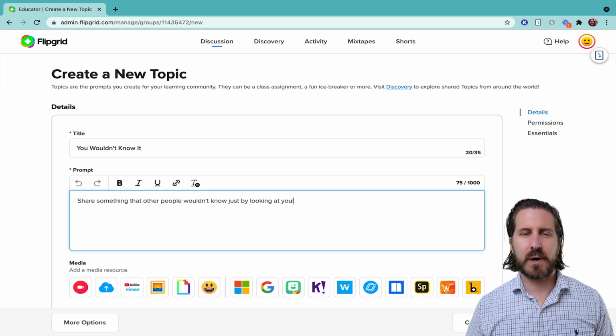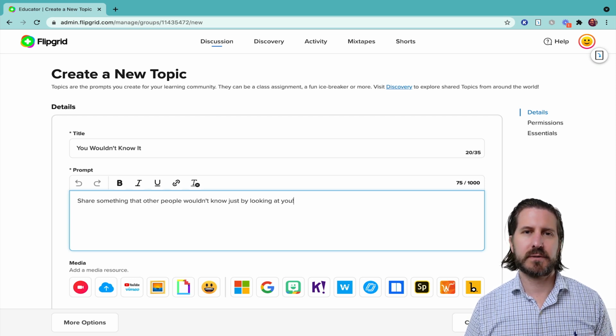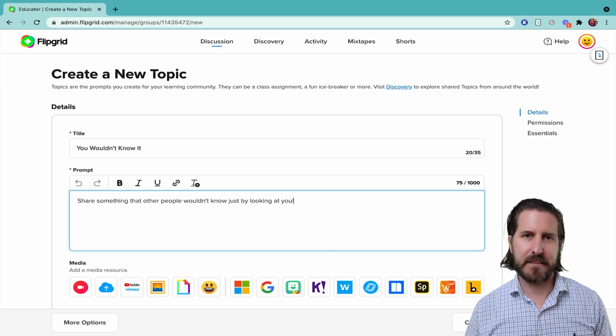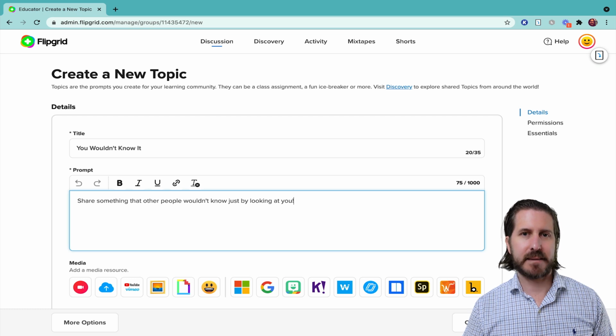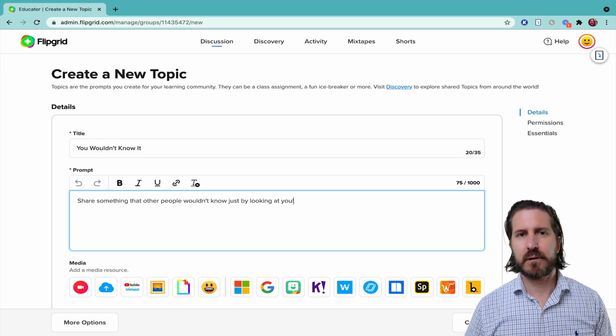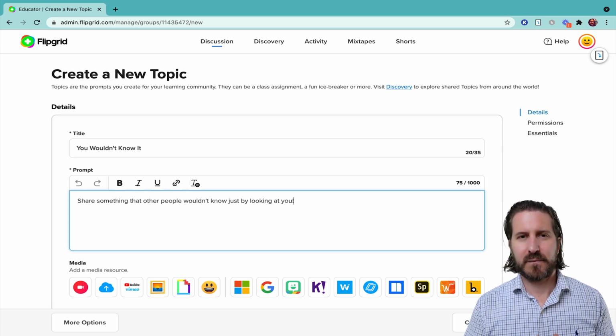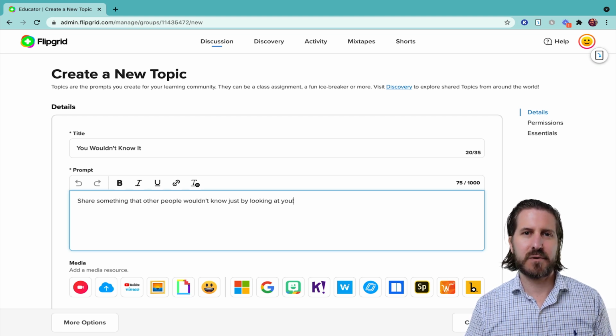Since this is an activity where we want students to share something a little bit deeper about themselves, more intimate about their lives, with the end goal of building community and connection with others, we should try to encourage students to stay away from sharing something like, you wouldn't know it by looking at me, but I like hamburgers. Now, something related to food that might be a little bit more intimate is, you wouldn't know it by looking at me, but I don't eat meat for these particular reasons. And that might get into some more ethical reasons or lifestyle choices. So you could still have students talk about food, but there are ways that we can have them talk about a topic like food in a more intimate way than just sharing a particular food that they like.